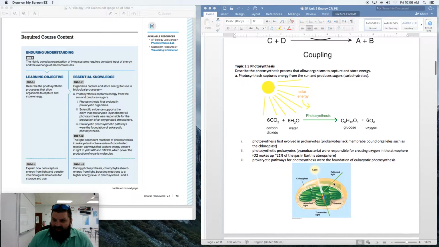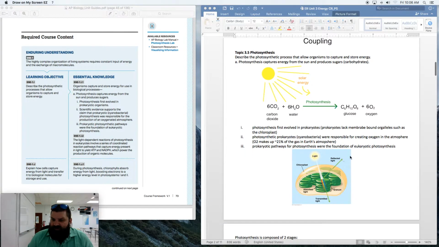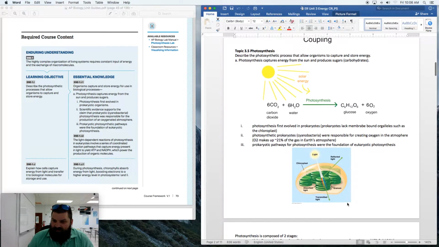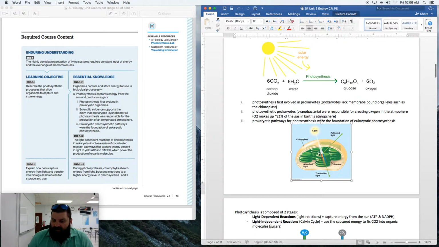Prokaryotic pathways led to the foundation of eukaryotic pathways, and here's a shot of the chloroplast with its thylakoids, these interconnected stacks. Each stack is called a granum. Grana is plural. Light comes in. These are green because they contain chlorophyll. Chlorophyll is the primary photosynthetic pigment. And if I blew this up,